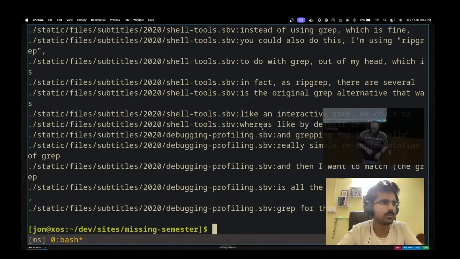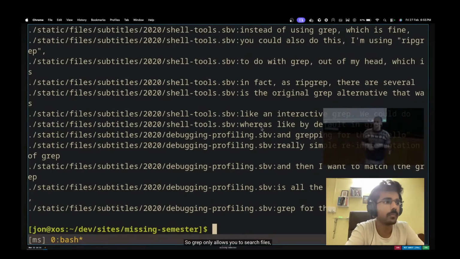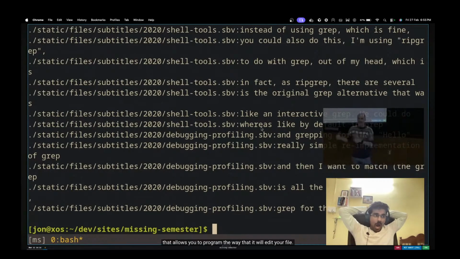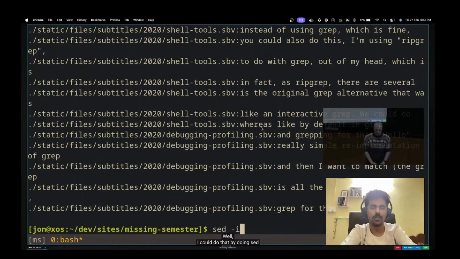Go on. Okay. There are also other kinds of tools that allow you to edit files. So grep only allows you to search files, but there's a tool called sed, which is a line editor that is intended to be programmed. Sed is interesting in that it actually has its own programming language, the sed programming language, that allows you to program the way that it will edit your file. Usually, though, it's used for fairly simple tasks like search and replace. So let's say I wanted to replace every instance of grep with John. Well, I can do that by doing sed dash